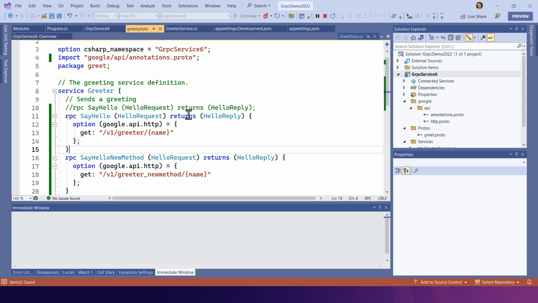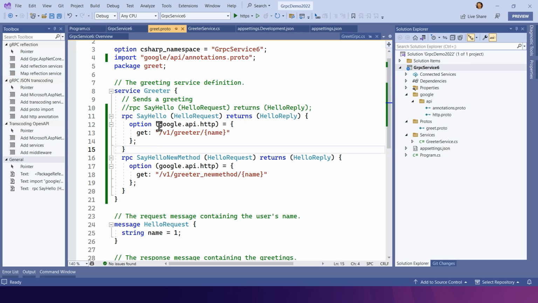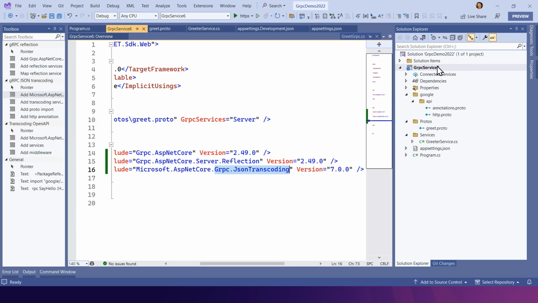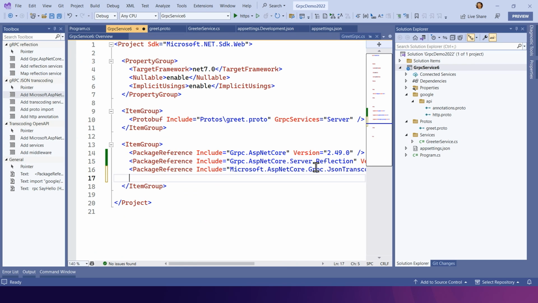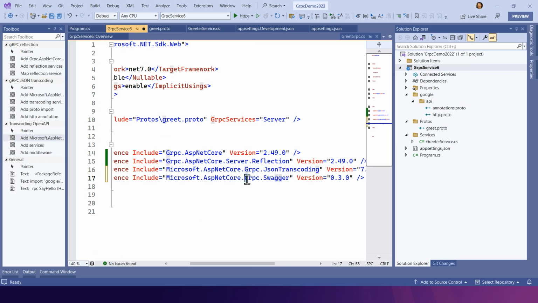So REST is great. The thing which takes RESTful APIs to the next level is OpenAPI. And what I'm going to show now is adding OpenAPI to our transcoded methods. So again, coming back to our CSproj, we'll add a new NuGet package. This one is gRPC.swagger.